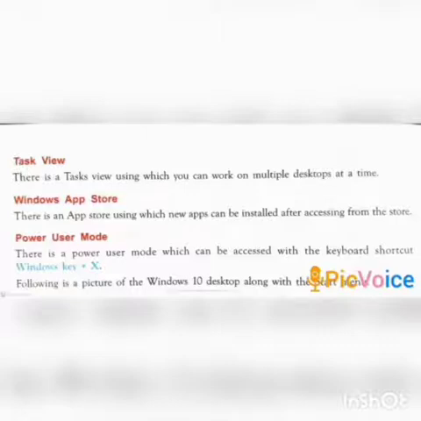Then Windows App Store, which is used to install new applications after accessing them from the store. Then power user mode. A power user is a user of computers, software and other electronic devices.